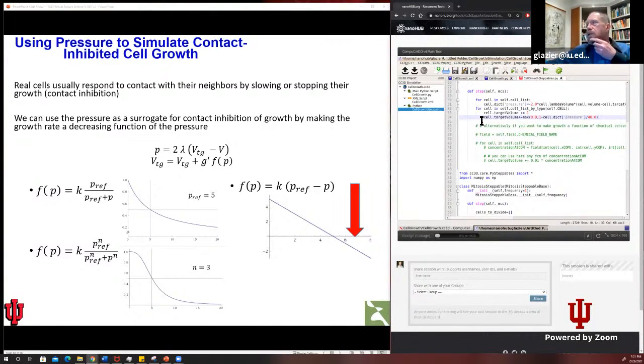I think that should do it. Let's check. If the pressure in the cell is 0, cell.target_volume += max(0, 1 - cell.dict[...]), that'll be